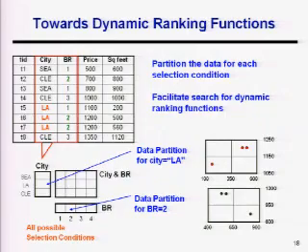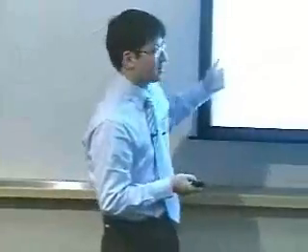So let's look at what happens if we sacrifice a little bit. Basically we have 2 constraints. One is that the function is dynamic, and one is that dimensions are high. Let's first focus on the dynamic function. Let's say the number of dimensions is low. We can materialize everything, and the function is dynamic.